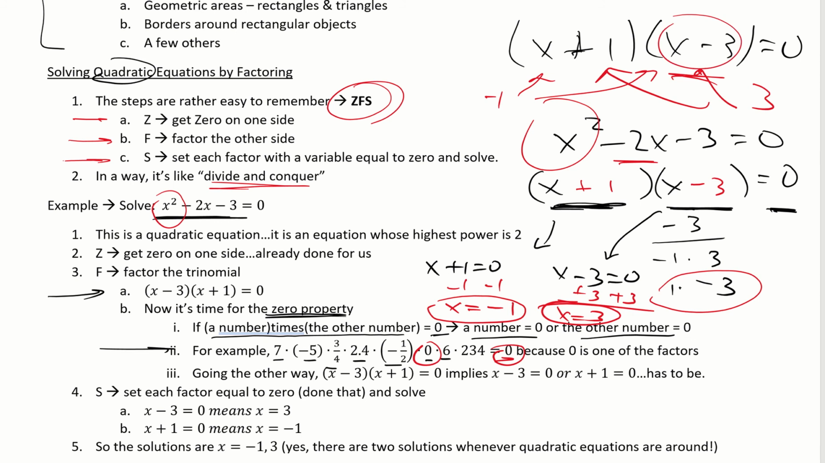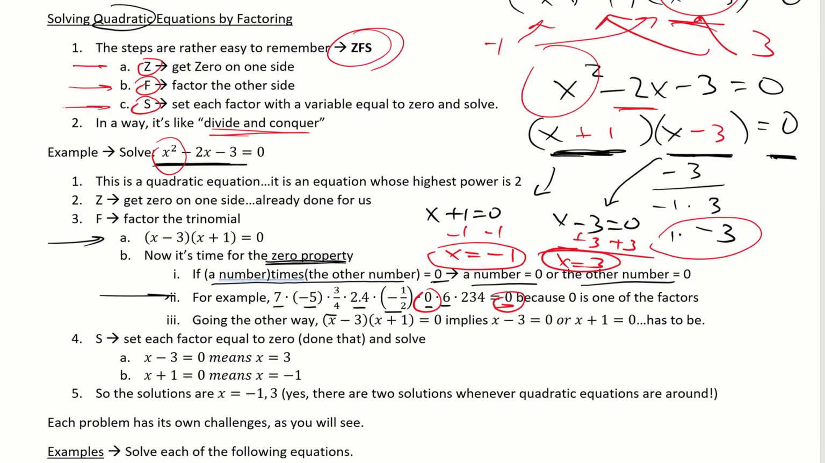You take a quadratic, you split it up into factors, you set the factors equal to 0, and you solve. And that's the essence of it: get 0 on one side, factor the other side, set the factors equal to 0, and solve. Okay, so it's a process, just like everything else that we're studying in here. All right, so